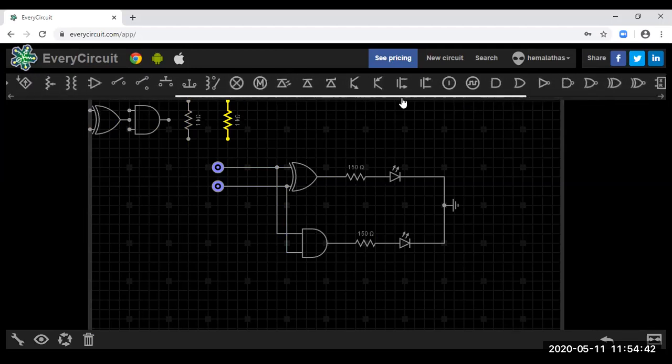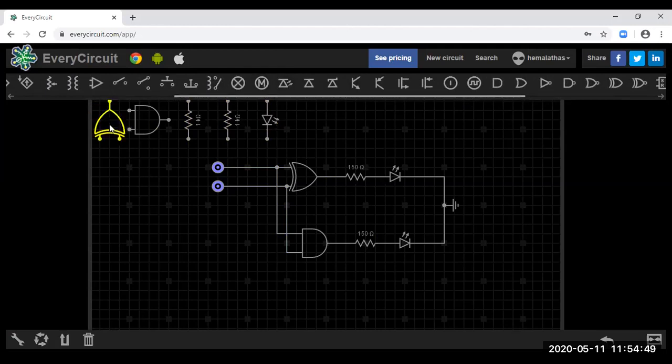We require LED. LED is here. You can rotate any element by pressing R. And again, you can do that by pressing R. So resistor. You have another resistor.